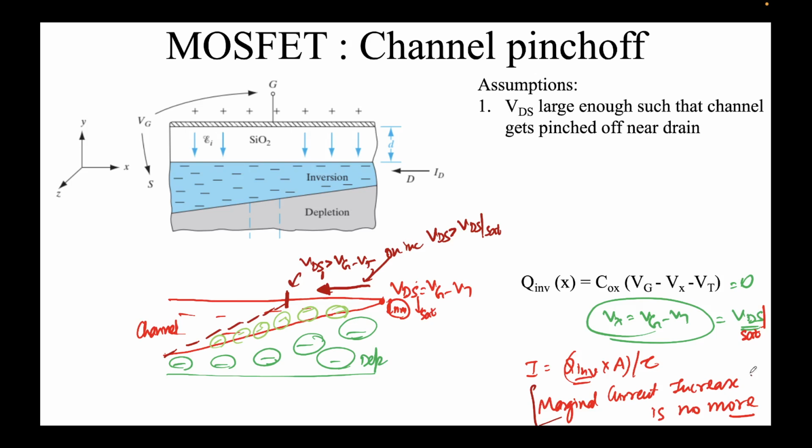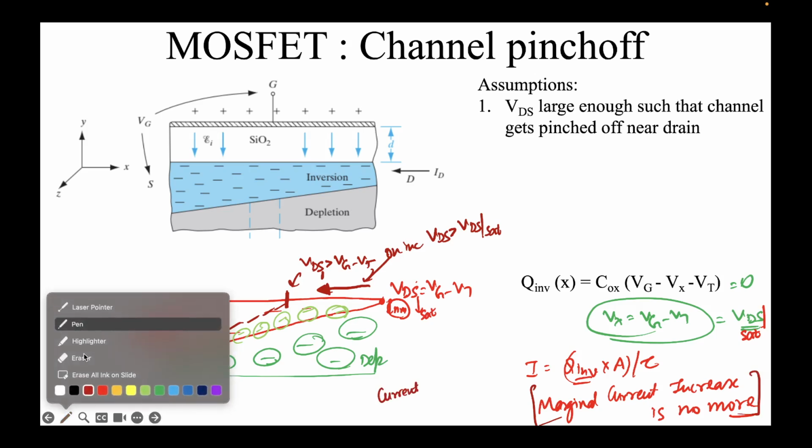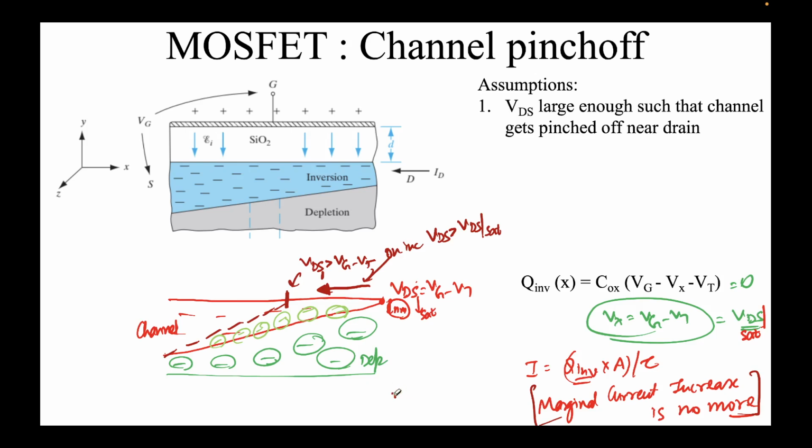So I'll say the current transport, or rather not the current but the electron transport, in the pinched off region is drift. In this region I'm talking about, this region,